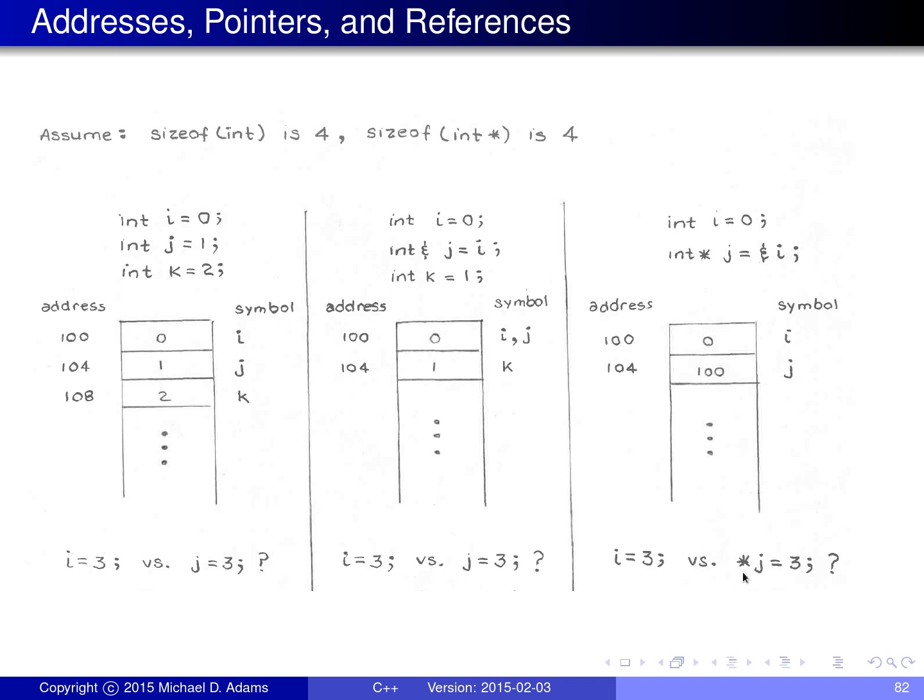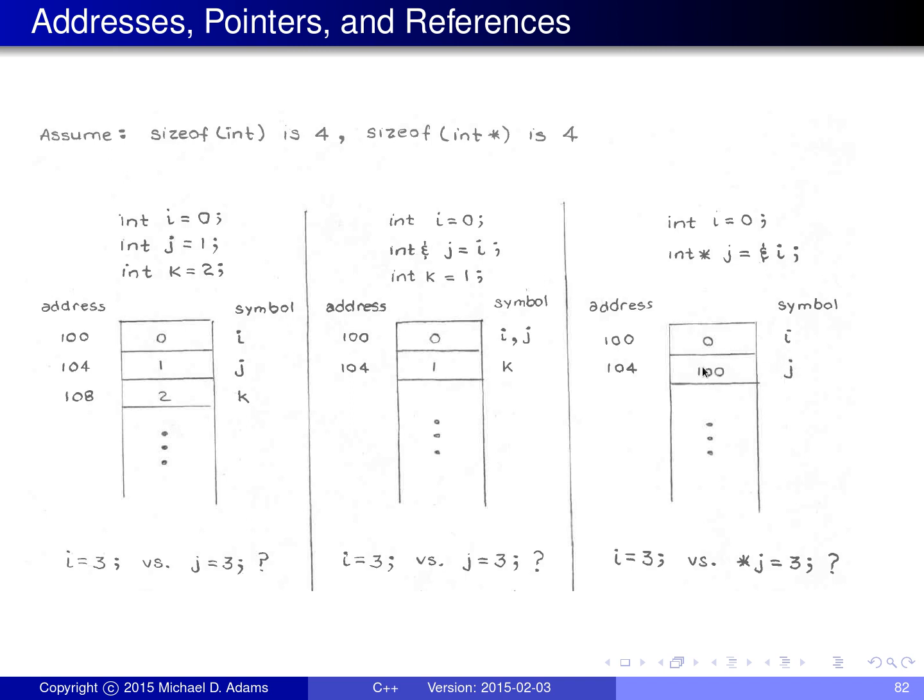On the other hand, if we instead executed this line of code, *j = 3, this would accomplish functionally exactly the same thing, but in an indirect manner. What we're doing is dereferencing, because if you put a star in front of a pointer, it dereferences the pointer. In other words, it goes to where the pointer is pointing and accesses what's there. So in this particular case, we say *j. Well, what does that mean? That means we read the value of the pointer